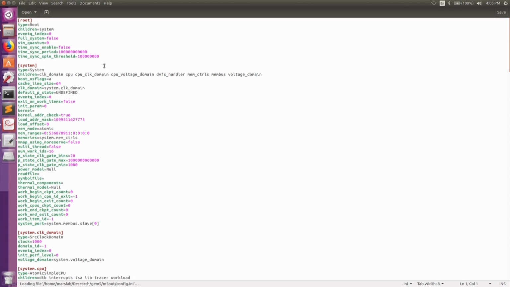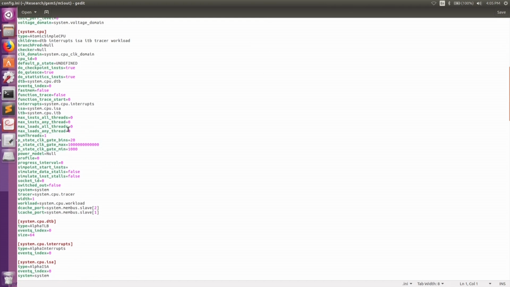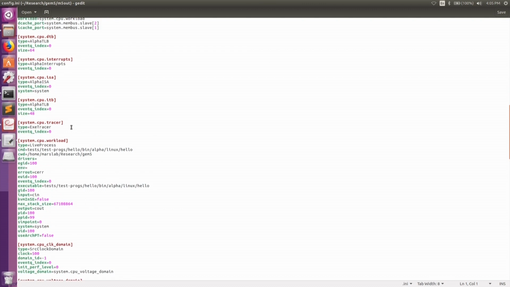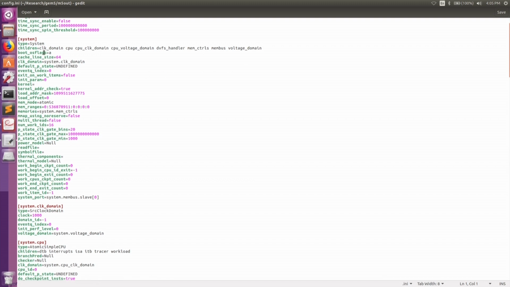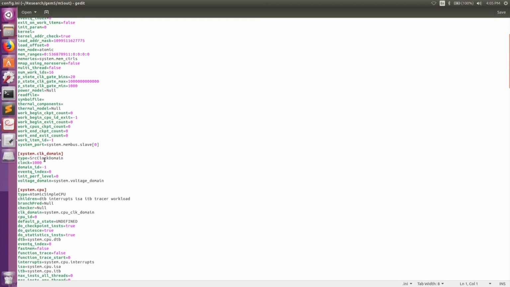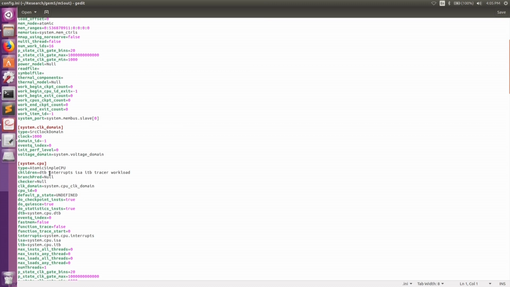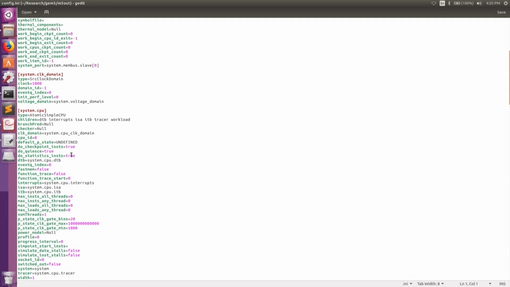If I open this file, I can see that there are different simulation objects configured with different values that I have used during my simulation. So here root is one such object, and system is another object, clock domain is another object, CPU is another object, and so on.